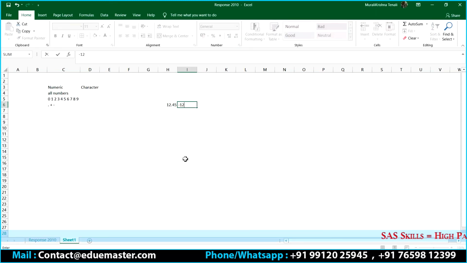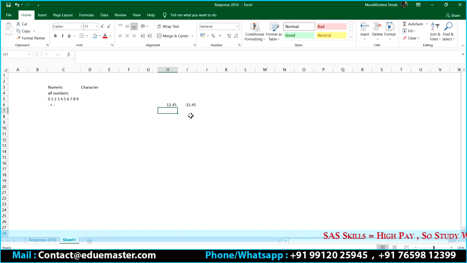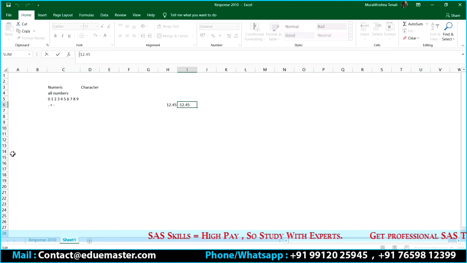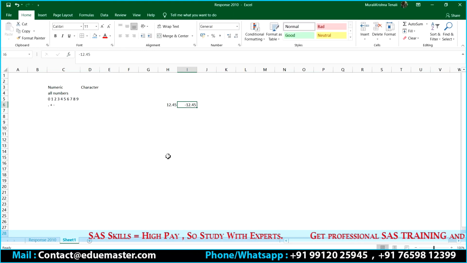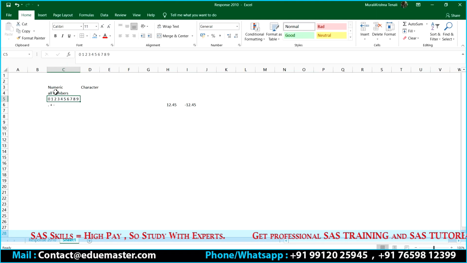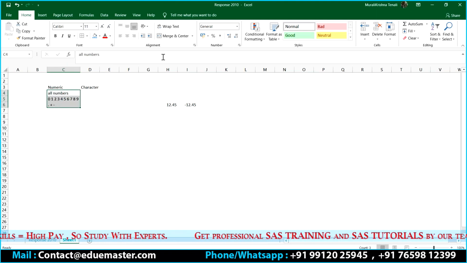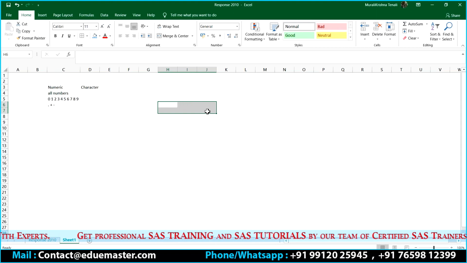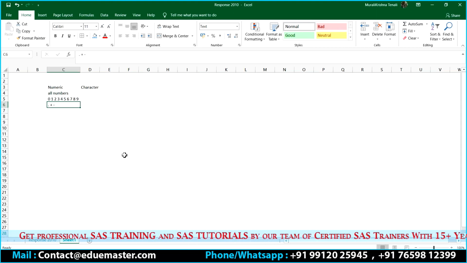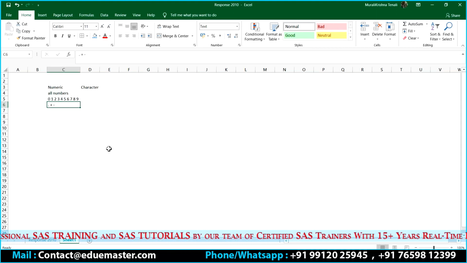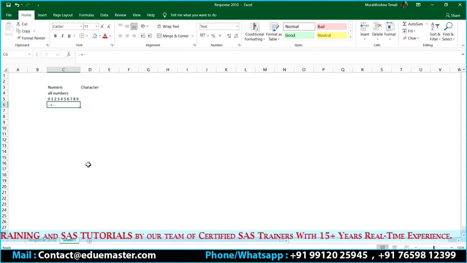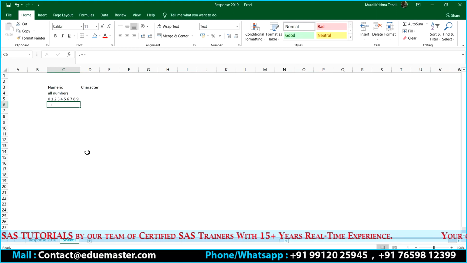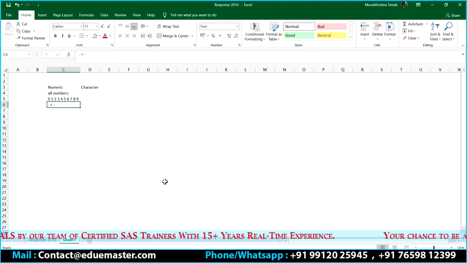There are occasions where I need to put minus 12.45 as well, a negative number. It should be able to accept minus as well, correct?